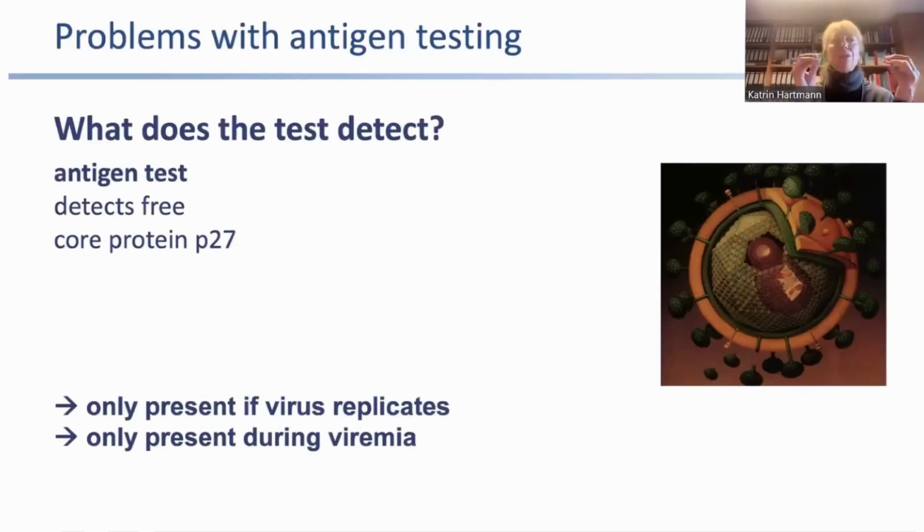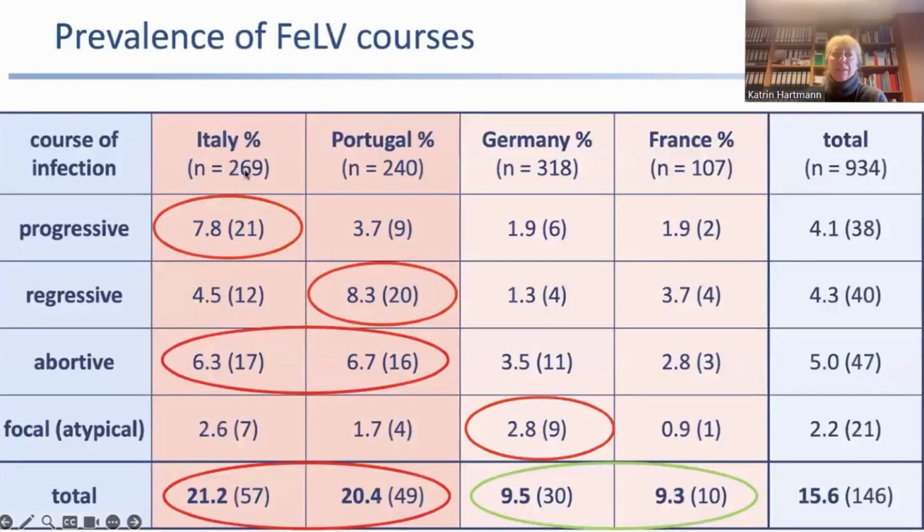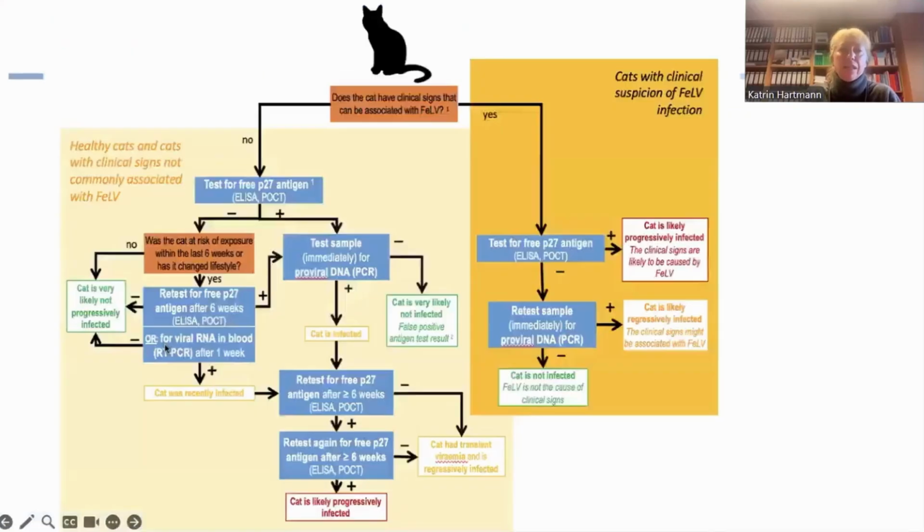This means we only detect progressive infection or sometimes early regressive infection. So remember, there are different forms of outcome, and we do not detect all of them. We only detect progressive infection and very early regressive infection. And here you see again, there's not only progressive infection, there are also other infection types, and we underestimate the